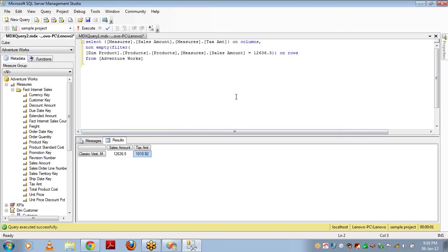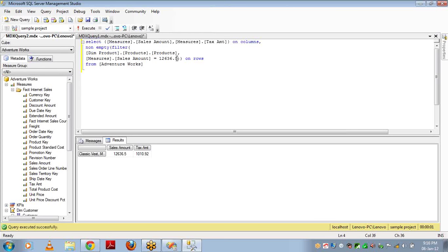So this is how you can filter a product or any attribute that is there in your rows or in columns based on some measure. And this is just a simple condition checking that you can do using measures. I mean, not simple. It's not a condition checking. It's a filtering of data that you can do based on some measures. You can write complex filters.